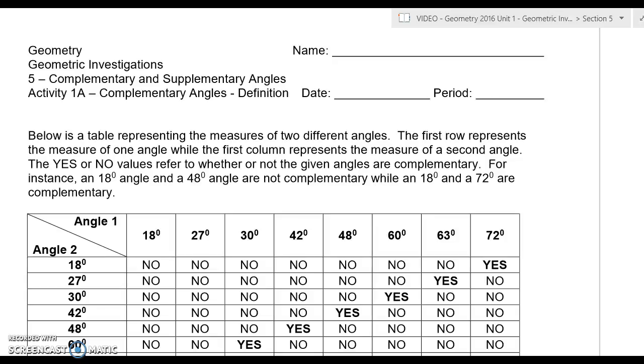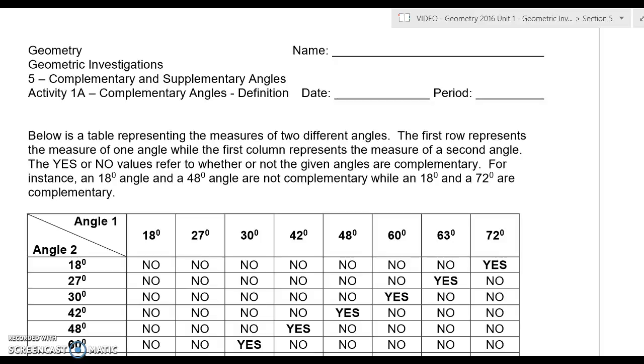In this section, we're taking a look at what are called complementary angles and supplementary angles. We're going to look at the algebraic relationship between these angles and also the geometric relationship. In other words, what does it look like when we have complementary and also supplementary angles? Before we start doing anything algebraically with them, we need to know what is a complementary angle and what is